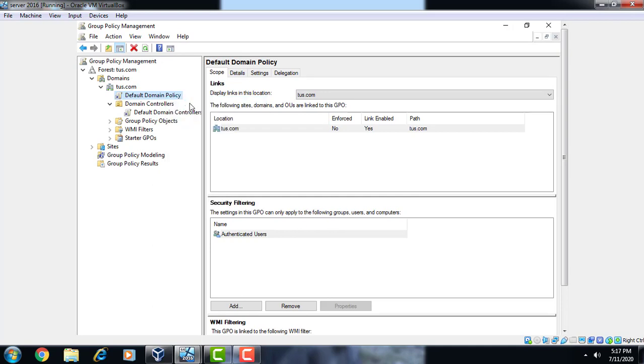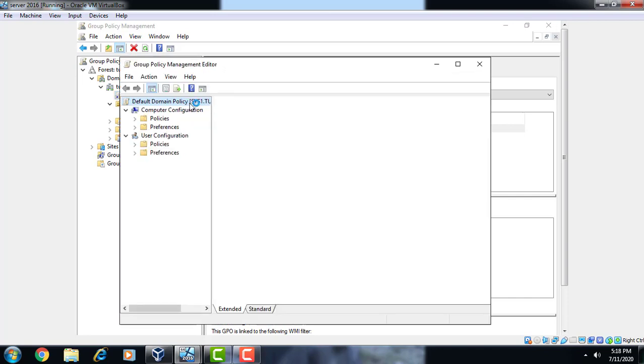It will open another window. Now there are two options: one is computer configuration and the second one is user.